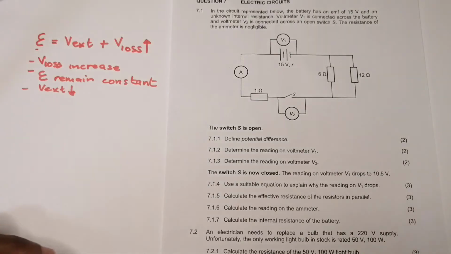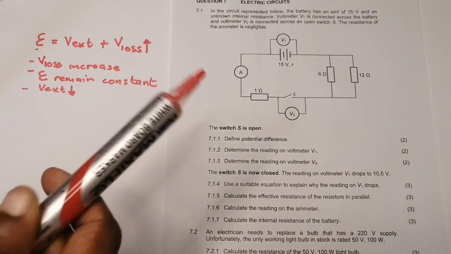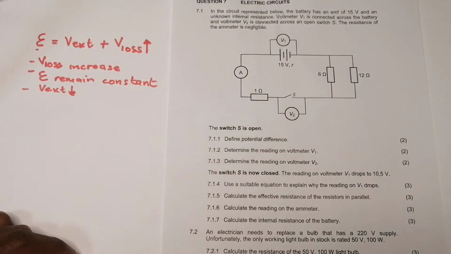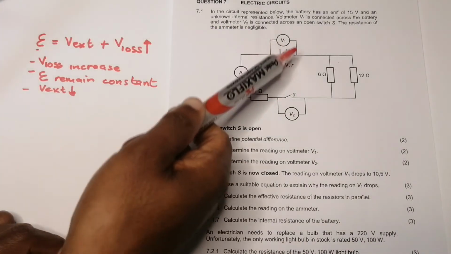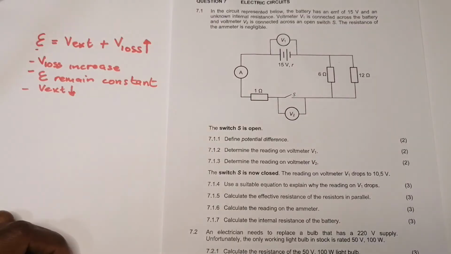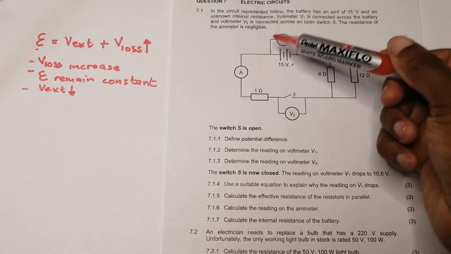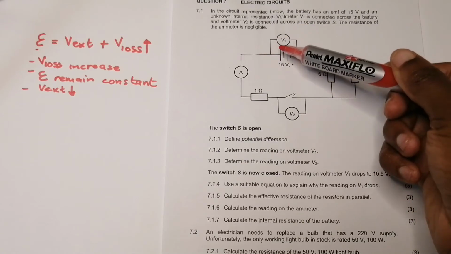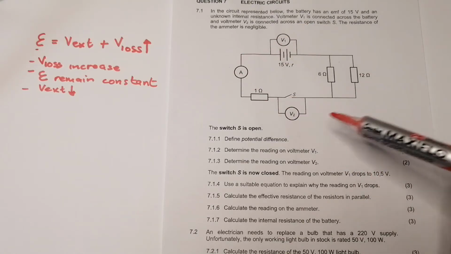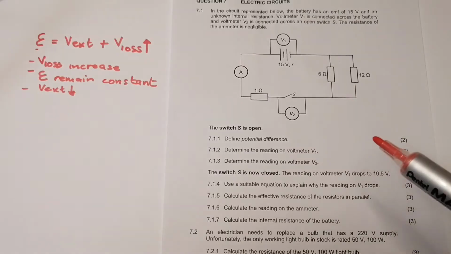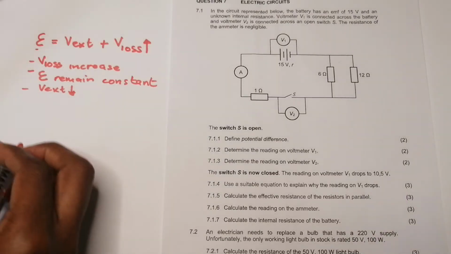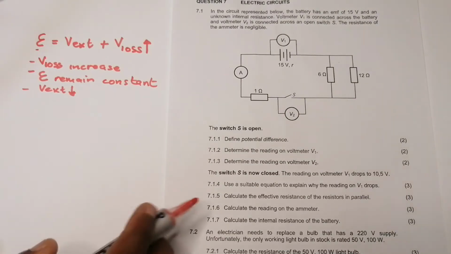But what do we have? We always start where we've got the most information. So which voltage did they give us? They gave us the external voltage. Remember I said to you, voltage with its corresponding resistance, right? So which resistor does the battery supply? We said it supplies the entire external circuit. So as a result, what I will simply do is let's find the external resistance. So this is now answering